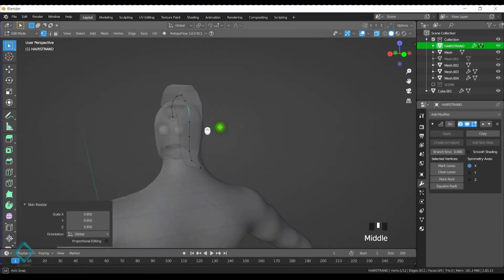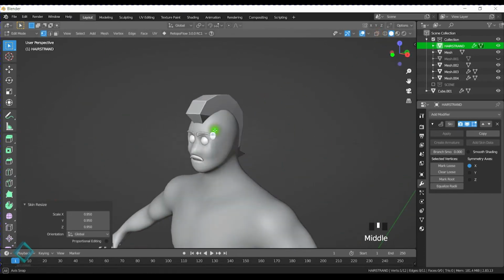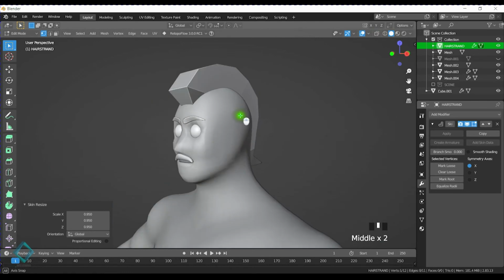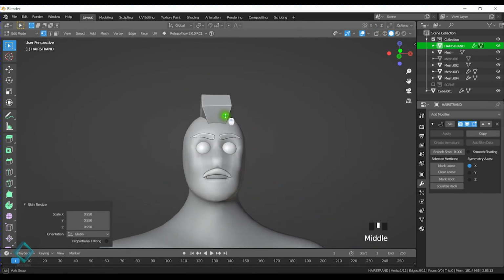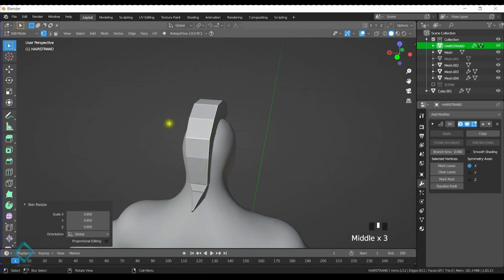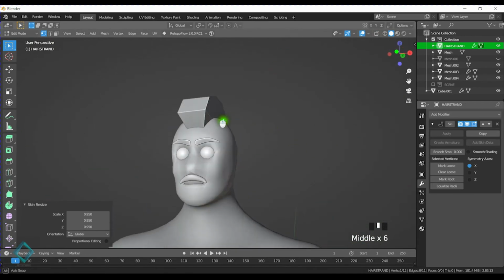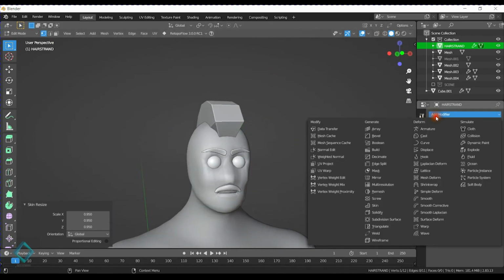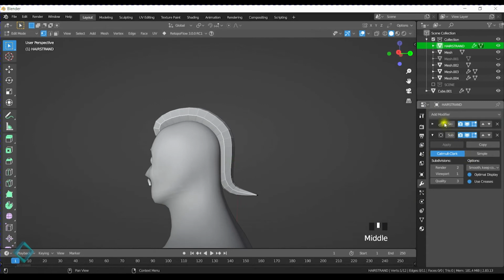I think that's cool enough. So at this point, it looks like a mohawk, and it's squarish. If you're going for a poly style look, you can just make a couple of these and they'll be all square. That's pretty cool. But in my poly style, I go with this subdivision surface, and here in the skin,